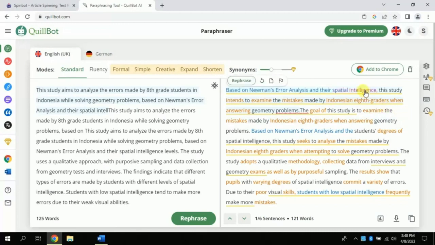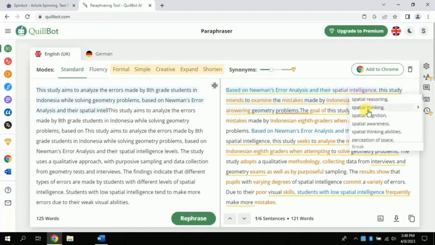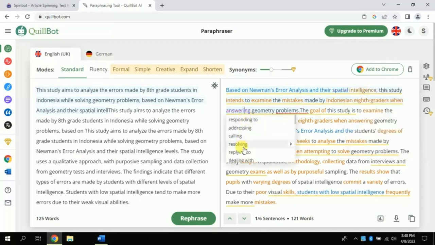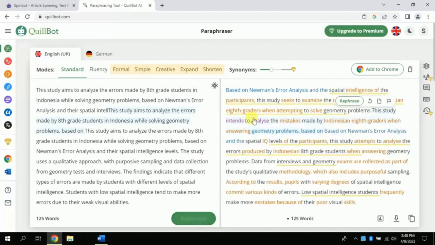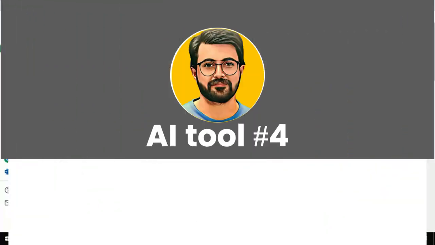Besides, one of the best features is you can replace each word by different word since it gives this option. Read the text until you get fully satisfied. If in case you didn't, don't worry, it gives you multiple paraphrase text. You just need to click the paraphrase again and it will change the entire text for you. Repeat the process until you get full satisfaction on your write-up. Let's discuss the fourth free AI tool.